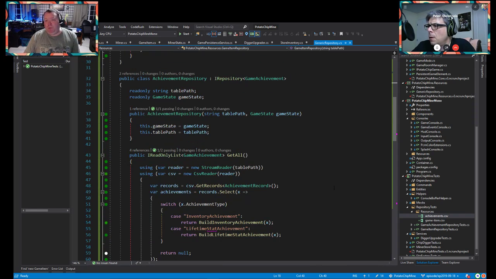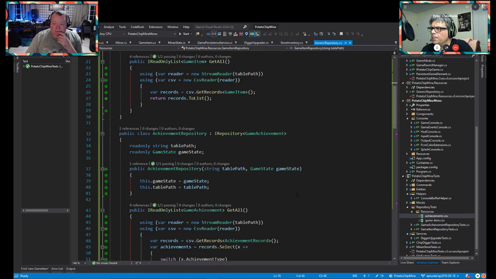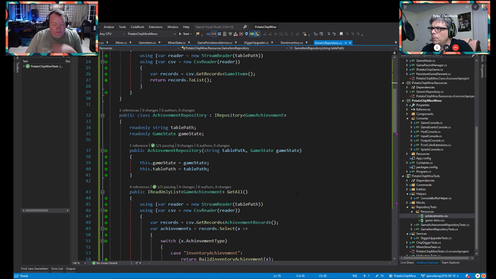So we've gotten to a point where we're loading game items and achievements. We don't have any of the rewards loading yet, so that's what we want to really try to get next. I think next week we'll get the rewards loading in from the data structures. And then we maybe got to come up with that piece that's going to allow us to actually access all this stuff from the game, which is going to be another